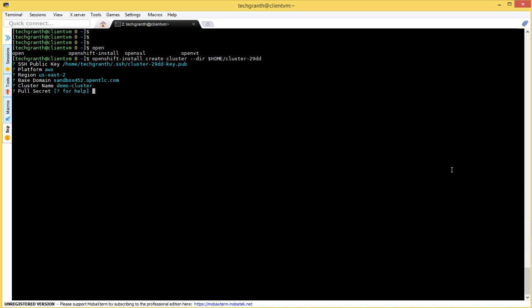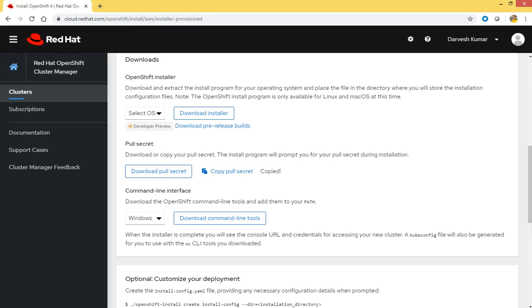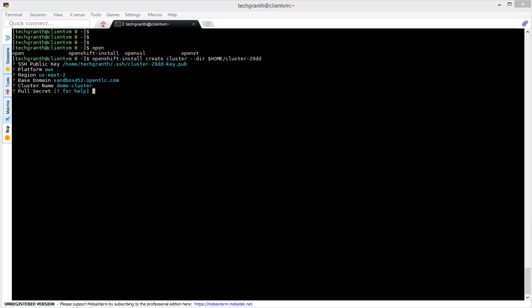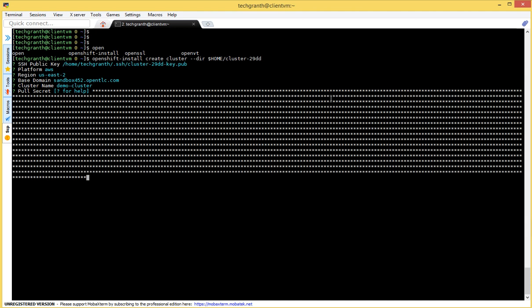press enter. Pull secret: now we have to use that pull secret which we copied earlier, right? So let me copy that and paste here, and then press enter.